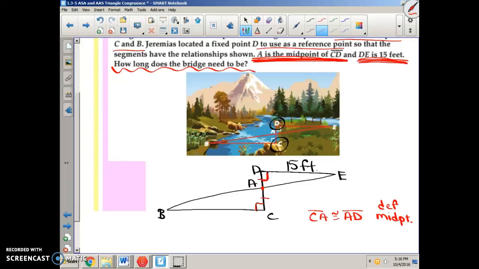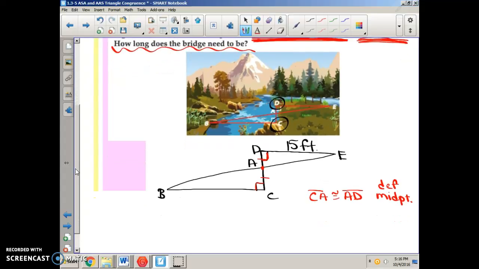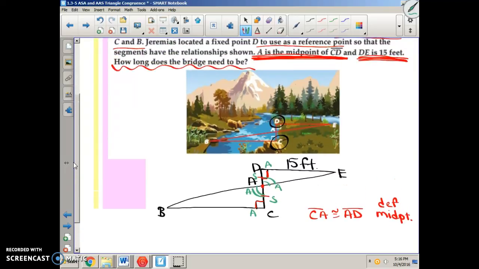Okay. Hopefully you're seeing something in the picture that we just did an example on. If you look in the middle, I've got some vertical angles in there just like before, so those are congruent. Okay, so now I've got angle, I've got a side, and I've got another angle that's congruent. I've got an angle, a side, and another angle that's congruent. So ding ding ding, the two triangles are congruent by ASA. How long does the bridge need to be? Well, if DE is 15 feet, and that means BC is 15